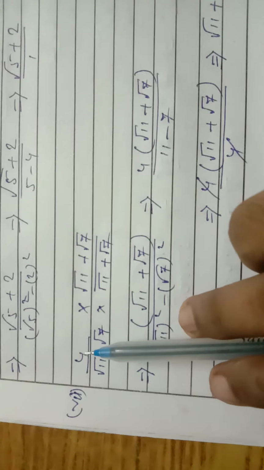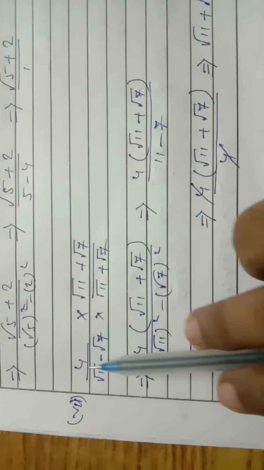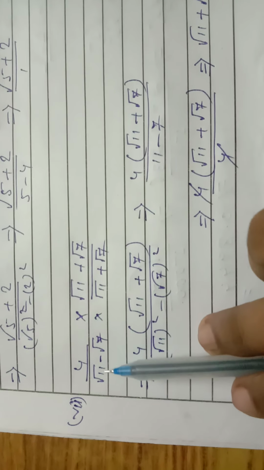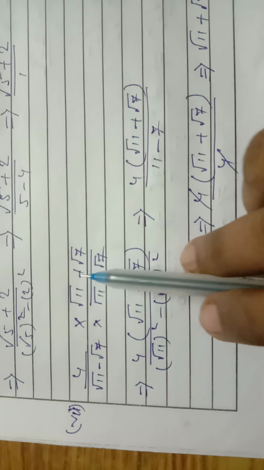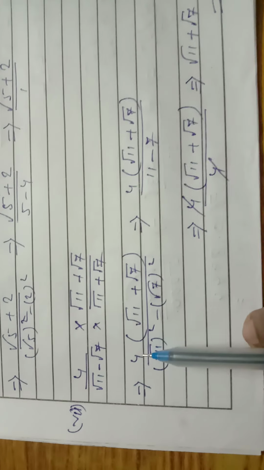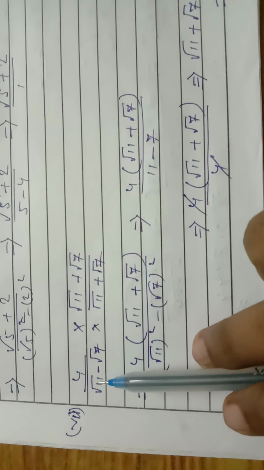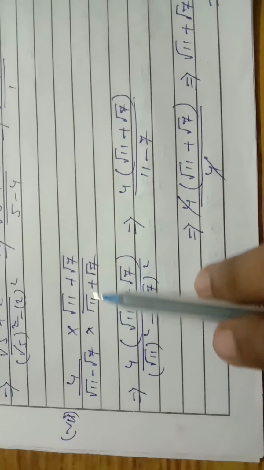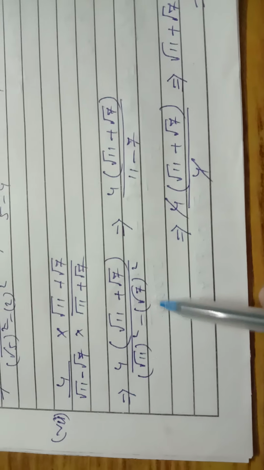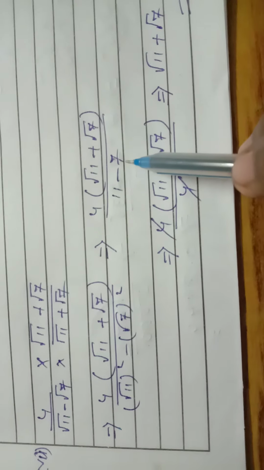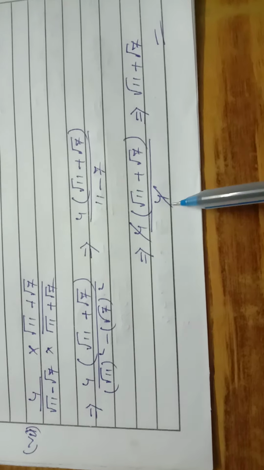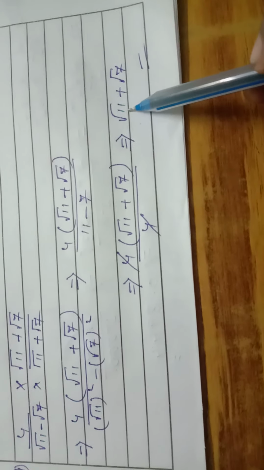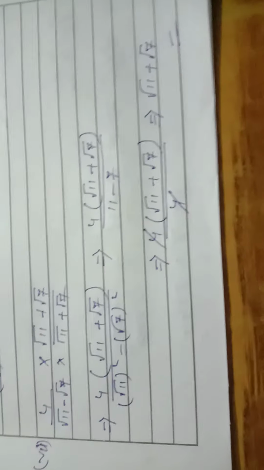Same way here also, but here we have a number, that is 4. 4 divided by root 11 minus root 7. So multiply the same number, minus is here, so we multiply by plus. 4 multiplied by the same number. We can see here again the formula a minus b, a plus b, a square minus b square. Root 11 square is 11, root 7 square is 7. We got 4 here. Can we cut this too? Because both of them are common over here. At last we got our answer as root 11 plus root 7. We can solve the same way.